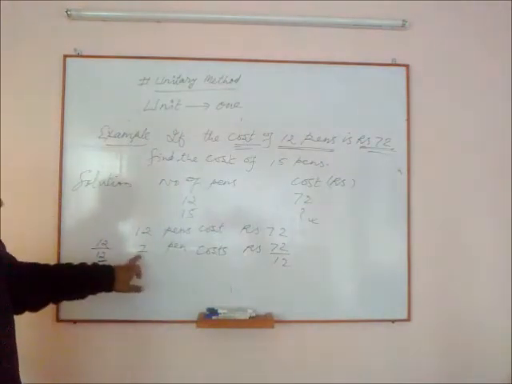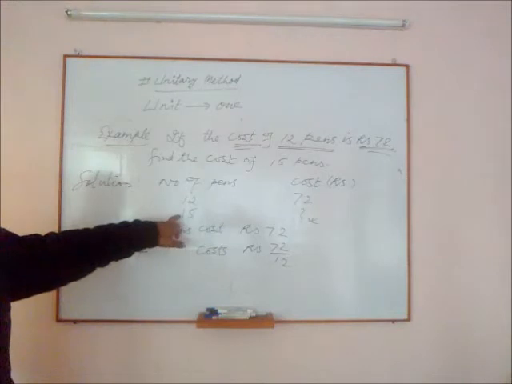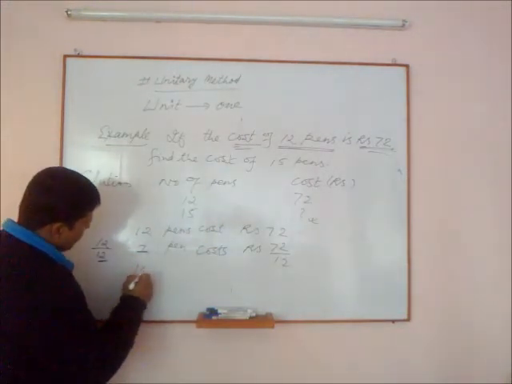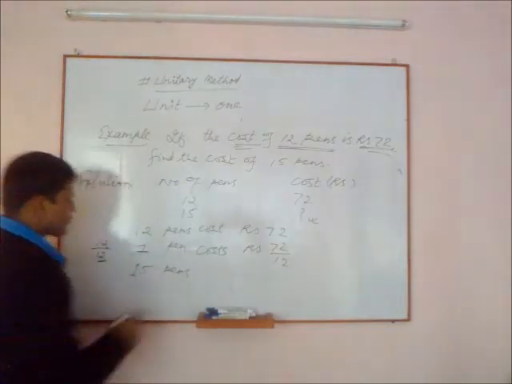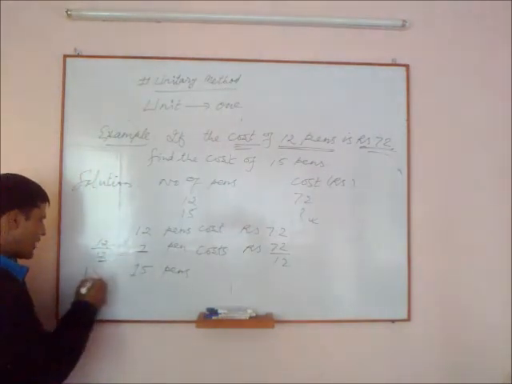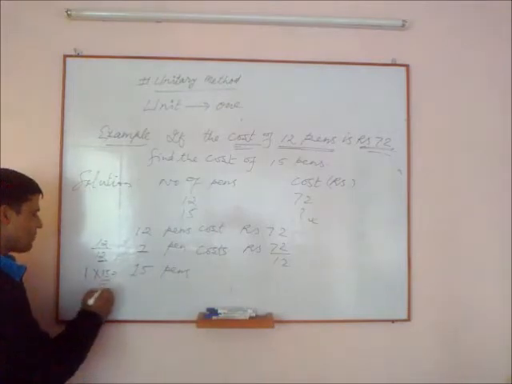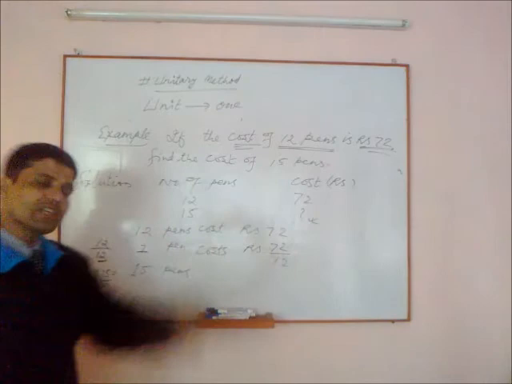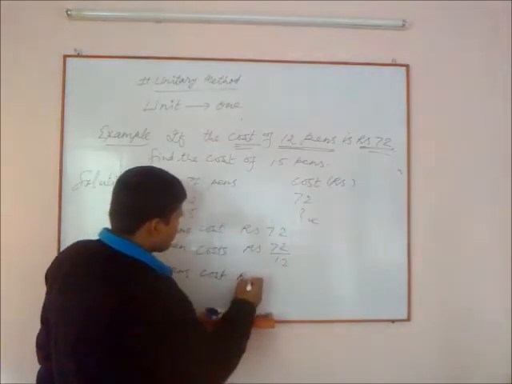After getting the cost of 1, we need to find the cost of 15 pens. So now we need to change this 1 to 15. How does this 15 come here? It was 1 before, we are multiplying by 15 and we are getting 15 here. So basically we multiplied here by 15. So we need to multiply here as well by 15. So 15 pens cost rupees